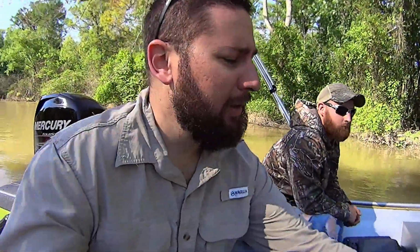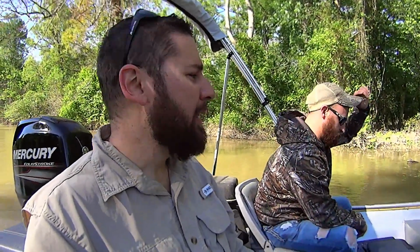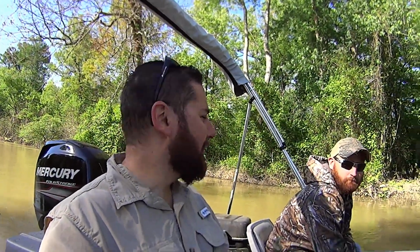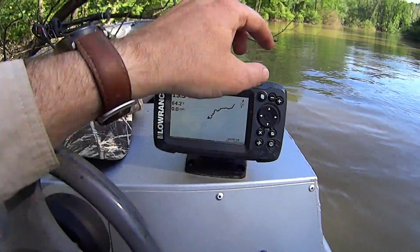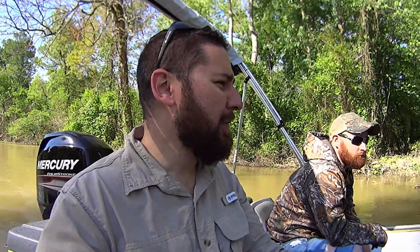Alright, we're exactly 30 miles into the trip. We decided to pull over and we'll top off the fuel tank and see about how much maybe we've used so far. We've used at least less than 6 gallons because that's what one tank size is. So, but our trip, I don't know if you can see that, but look how squiggly that line is. Yeah, the river's got a lot of back and forth to it,